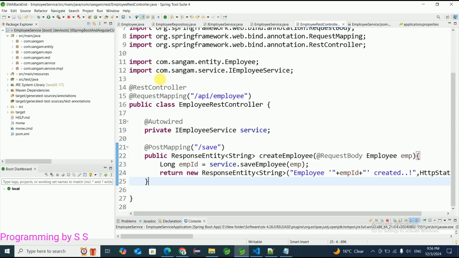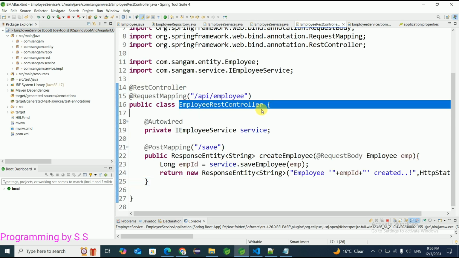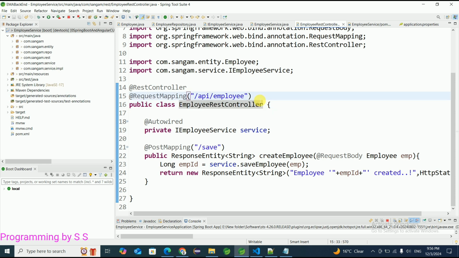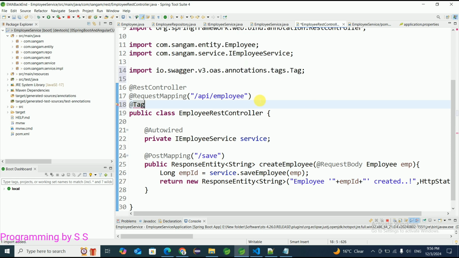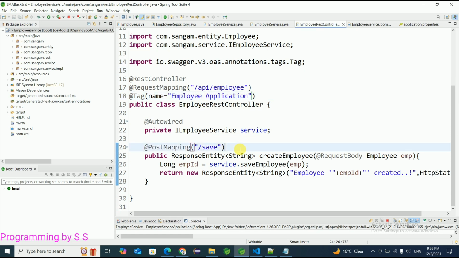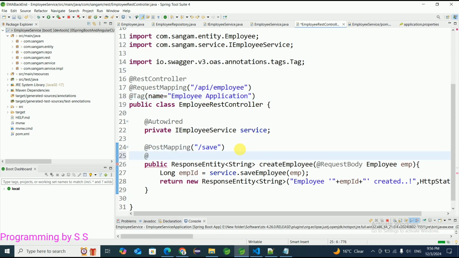Now, as you can see, I have opened employee REST controller. Here I am going to give this description at the class level. Just for that we have an annotation named Tag. In this we are going to give the description, I will give employee application, and for the method level I will give